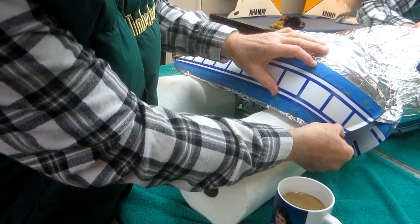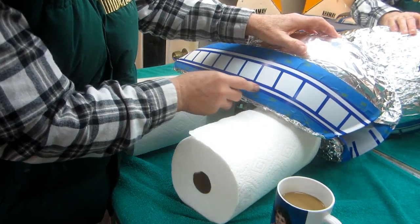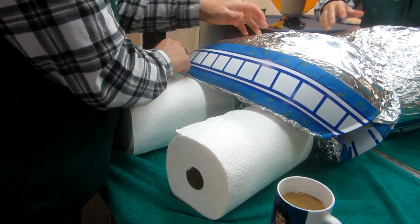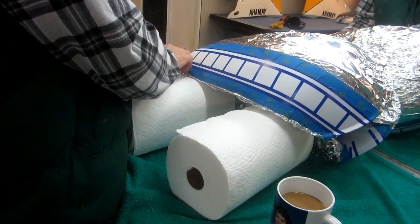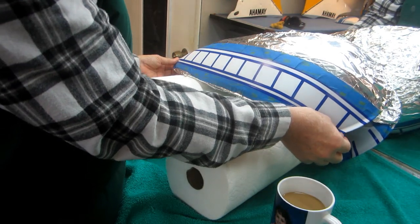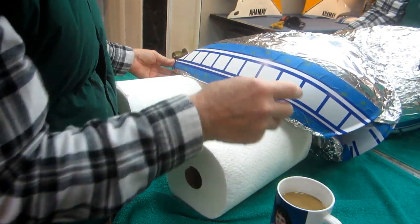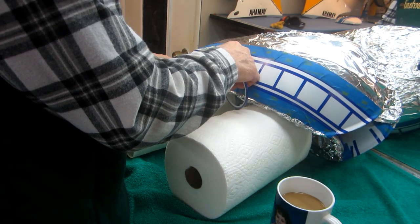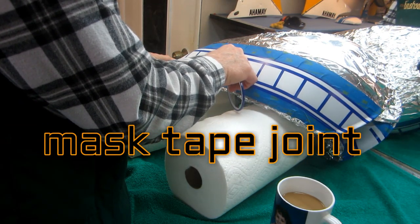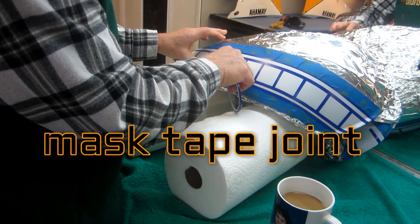Yeah, this is the kind of thing that's important to know. You can always change your mind with tape, right up to the point that you spray. Now, because the two tapes are joined, I'm going to put a third piece of tape right over the joint. It sounds like that would be self-explanatory, but...